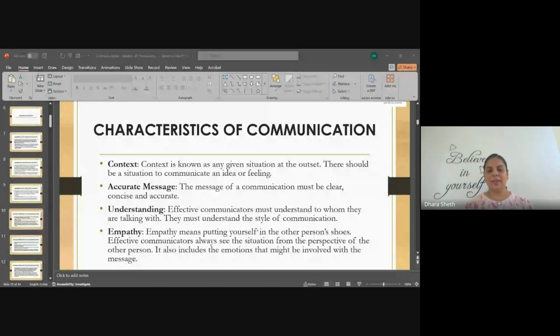A few other options were given, and it was asked what is most important in classroom communication. So, empathy, advocacy. Advocacy is advocating for the feelings of other people. This is again a very important part of communication: putting yourself in the shoes of the other person and thinking from their perspective about what should be done.